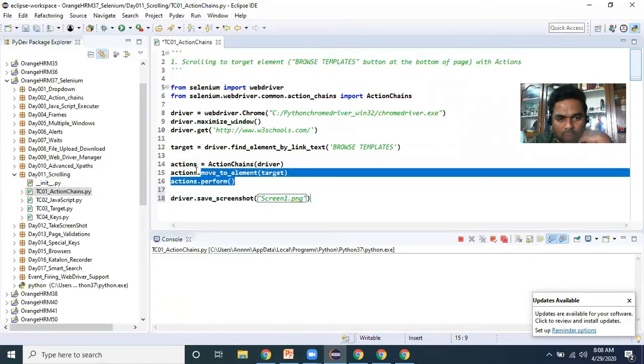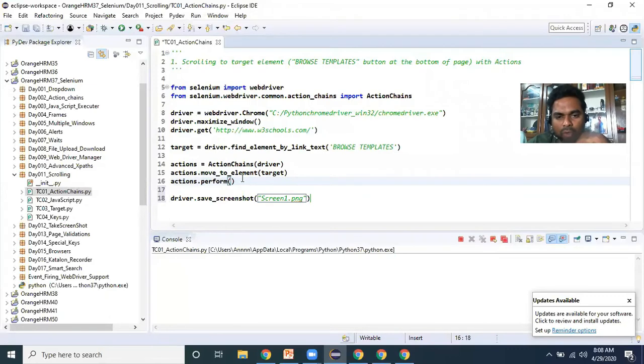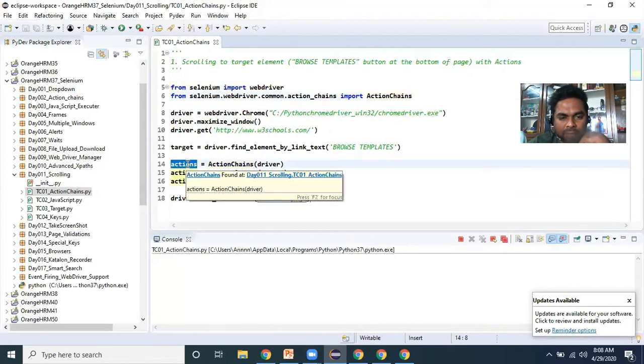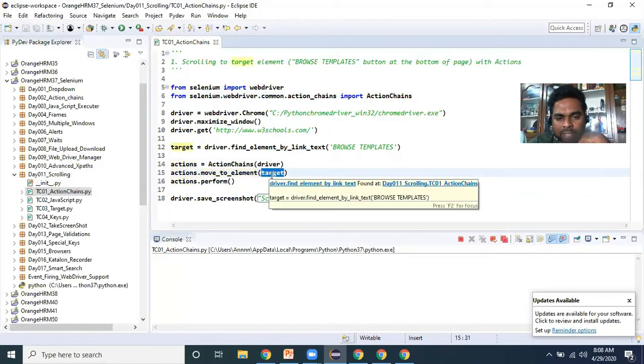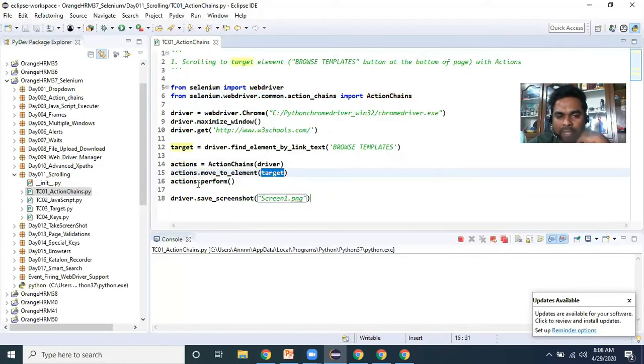Alternative approaches: by using action chains also we can do it. We have imported action chains, and for the action chains class we have created an object, actions. Move to element moves to wherever that web element is located automatically. That is the target element.